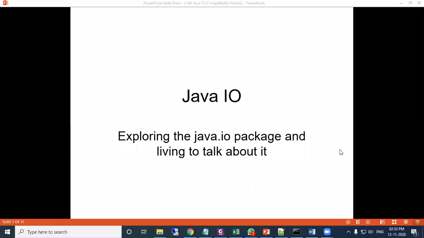In Java we have used the Scanner class for inputting the data, and System.out we have used for printing the data. The out object we are using for printing the data.